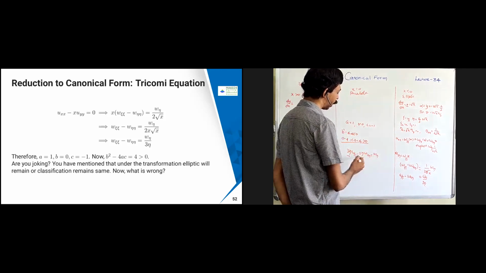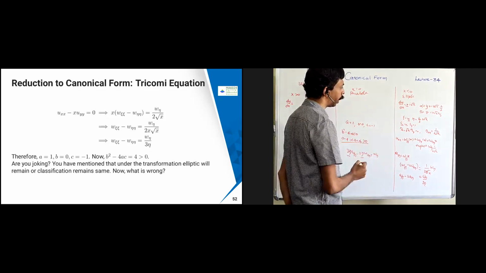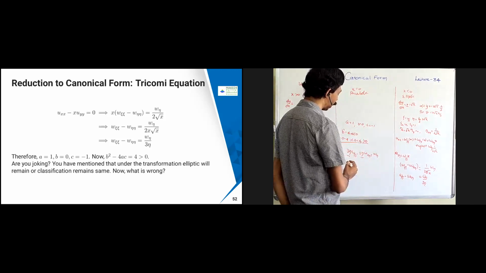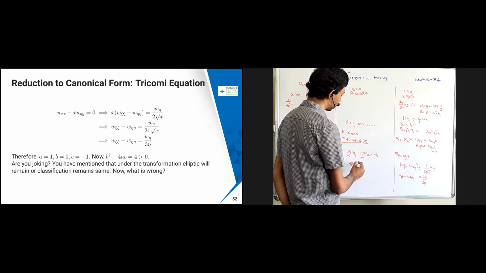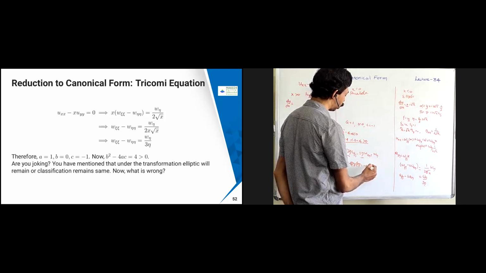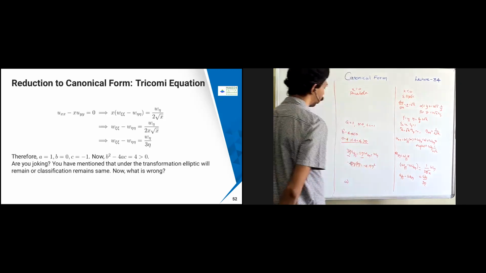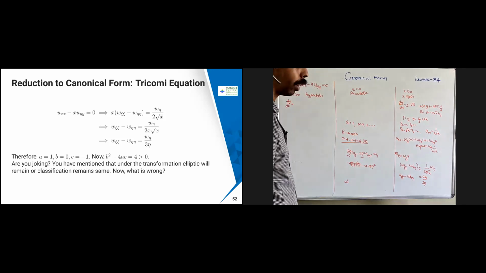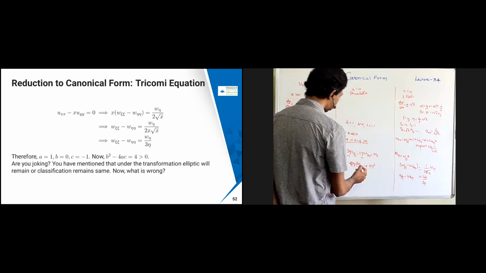Now what is your 3 eta? So this is going to become like 3 eta, and eta square is going to come. But what is eta square? So this is going to become like minus 4 into a, which is 3 eta, and c, which is 3 eta. So this is going to be minus 4 into 9 into eta square. Okay, so eta square is positive. So you are going to get that. One sec.